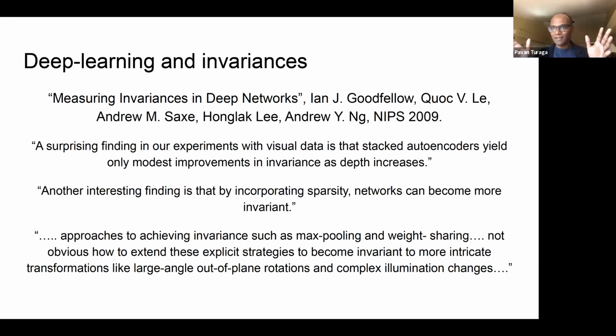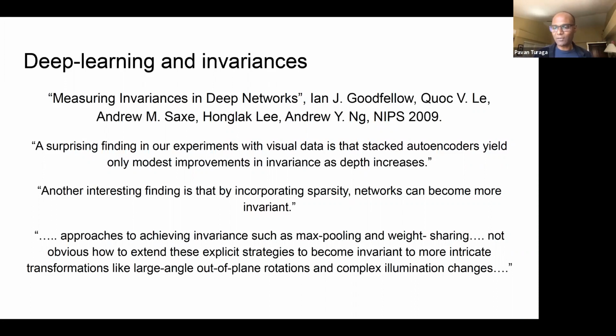So you would take AlexNet, this classic image classification network, and probe its invariant properties by taking a picture and, let's say, you keep rotating it very carefully. And then you keep tracking the activations along the neural net to see if there are some neurons which are, of course, equivariant maybe. And if there are some neurons which don't change at all, those would be the invariant neurons. And what happens? How many are there and where are they? And they made some interesting findings, which is that this idea of invariance is very hard to actually get reliably.